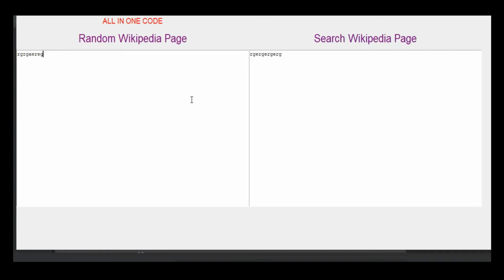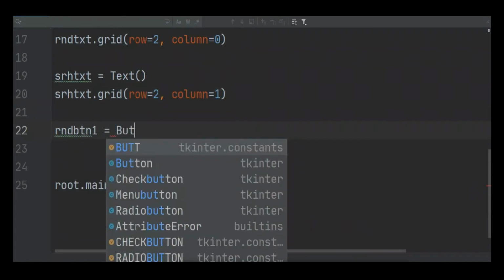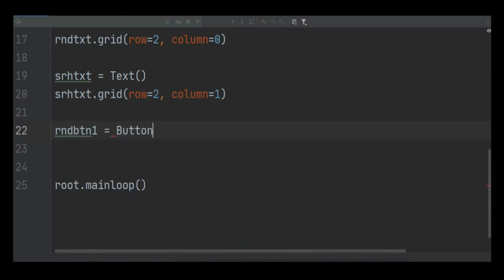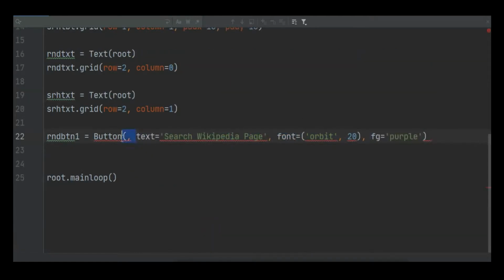Now I'm going to create the button for the random text box. I'm just going to use the Button function, and oops, I forgot to pass root in here. Now I'm going to copy this and paste it in my button. I want my button color to be green. Let's try green.